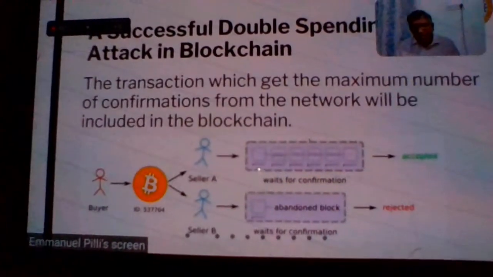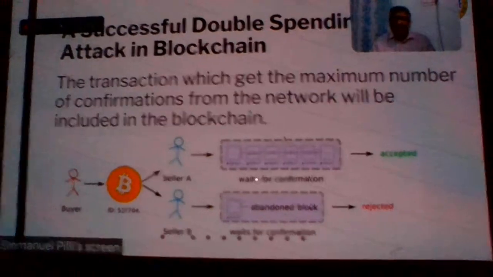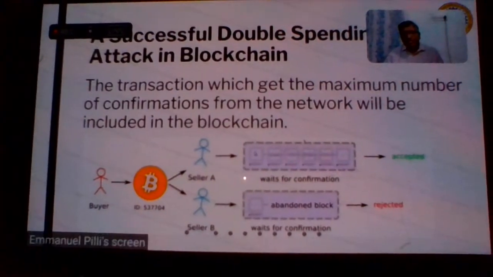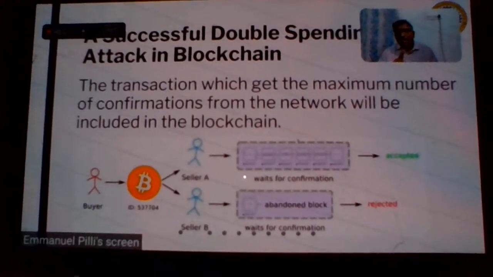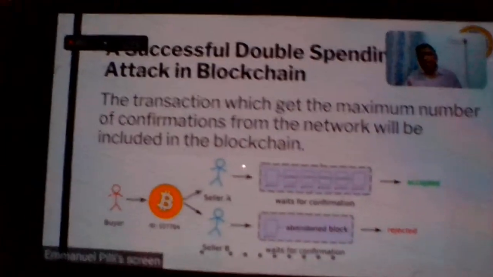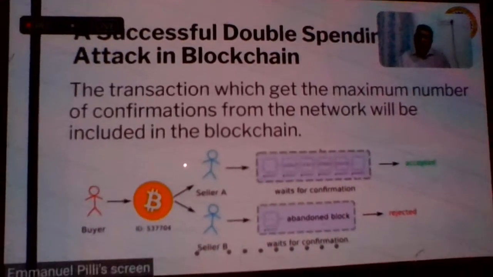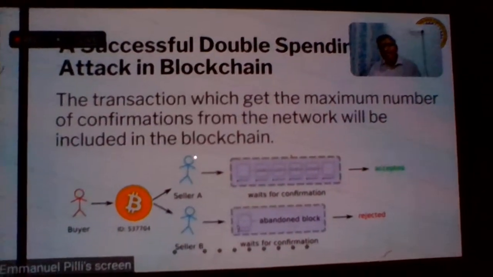So what has happened? Seller B gets a transaction, but this transaction is not going ahead because there is one wrong transaction here, because the other transaction has been successful. The 10 bitcoins that Gillen had are spent. The other 10 bitcoins which are going to Nadir are not available. Hence, the transaction is not validated. When the transaction is not validated, this block is abandoned.